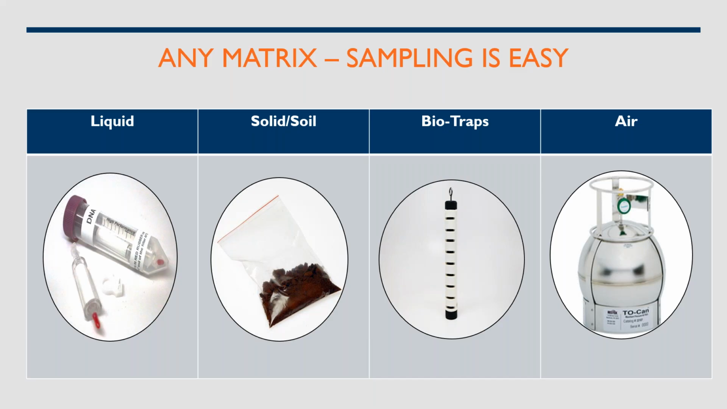So one of the first things you'll want to decide is the sample matrix. Most of the analyses we offer can be performed on a wide variety of matrices. Liquid samples can include ground and surface waters, as well as solutions flowing through a pipeline or industrial system. We can look at the microbial community in soils as well as solids. This could be GAC from a filtration system, sludge, maybe if there's a biofouling issue, or a scraping of corrosion